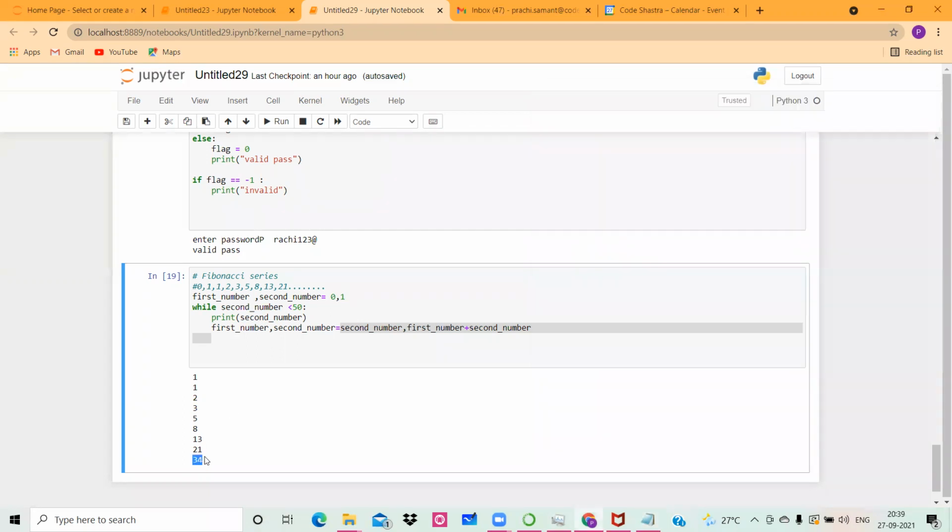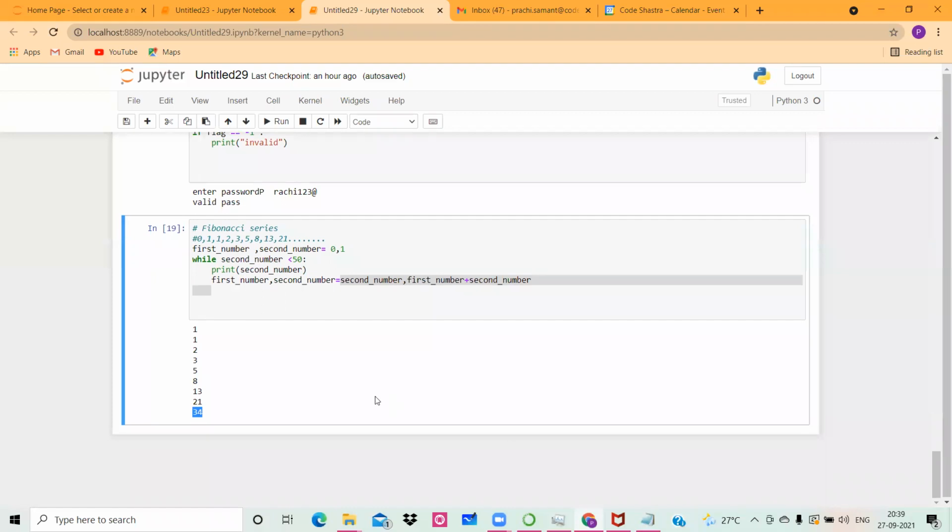Now, if in this case, if you just check, ये जब भी consecutive number 21 and 34 हो जाते हैं, तो इसका addition 55 होता है. 55 is greater than 50, and that's why 55 print नहीं होगा, sorry. And so your script or your entire code will stop when the value of this Fibonacci series elements reach to 34. So this is basically how one can find out the Fibonacci series.